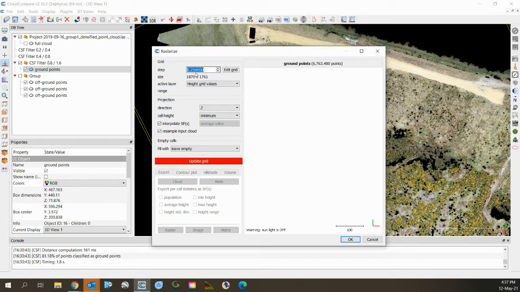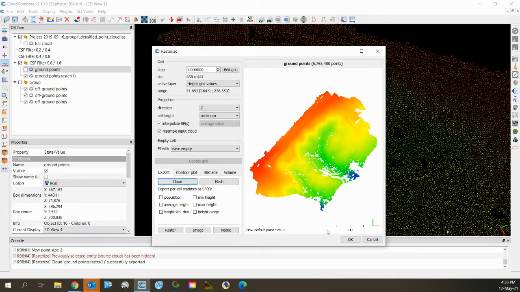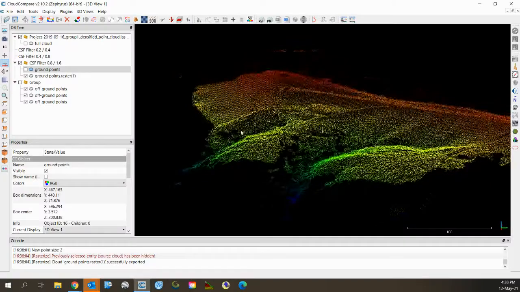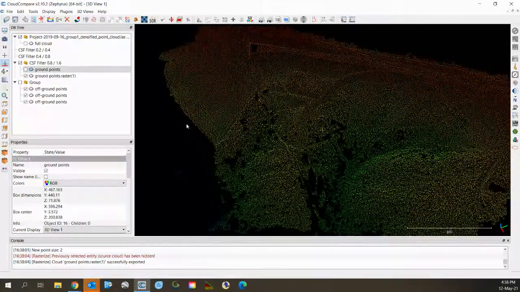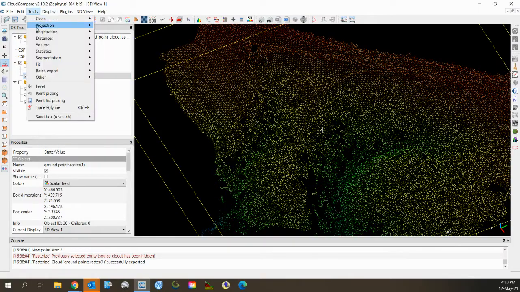And I'll deliberately make quite a coarse projection, maybe at 1 meter centers. And I'm picking the minimum point only. I'm not resampling the input cloud, and I'm leaving the interpolating space empty. I'll update that grid, and I'll export that cloud. Okay, so now we have what is starting to become ground, but at the same time, I've thrown away quite a lot of potentially useful data. So I'll take that again, and I'll do